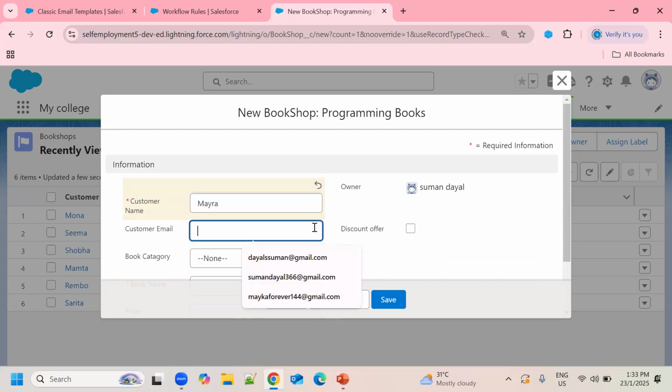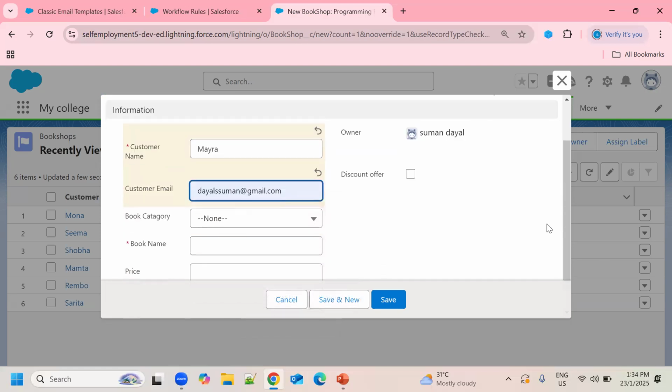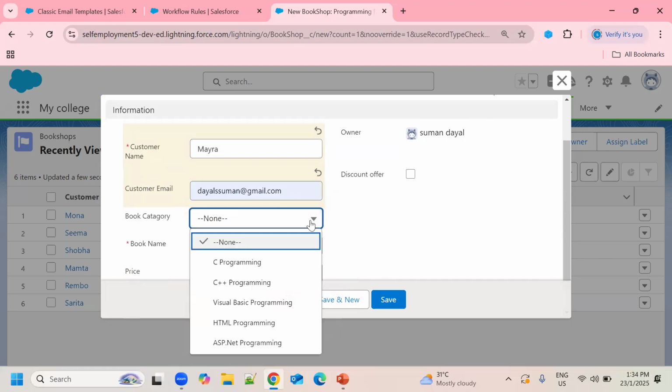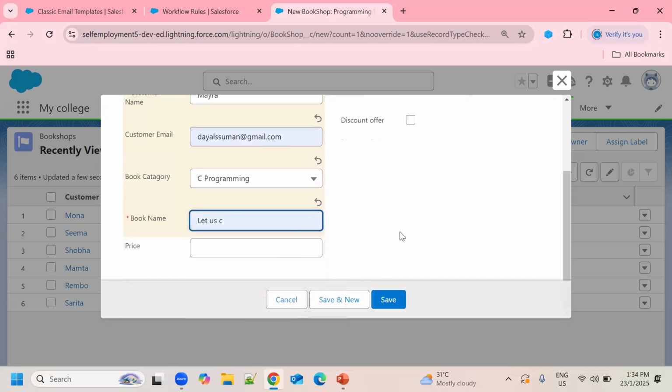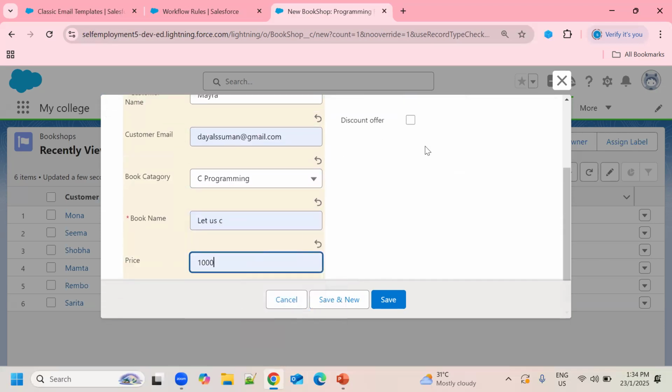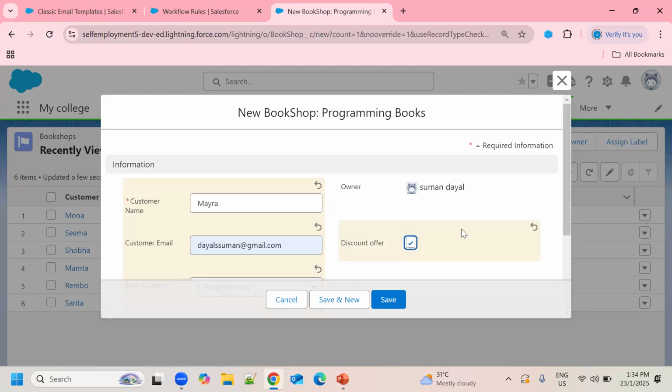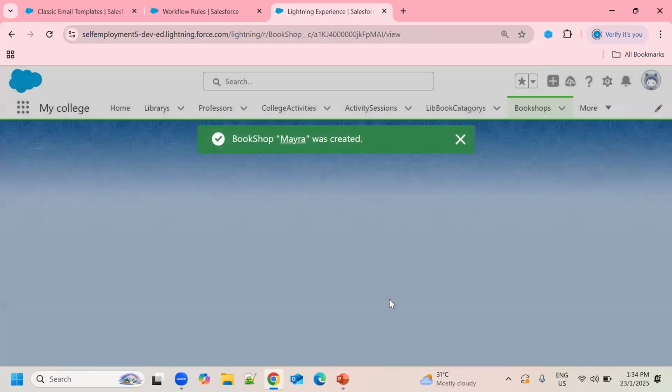Okay, I'm giving this email address so I can show you. The book category is C programming, the book name is Let Us See, the book price is 1000, and I'm offering the discount offer, right? So by checking this checkbox, our workflow rule will fire, right? So just click on the save button.